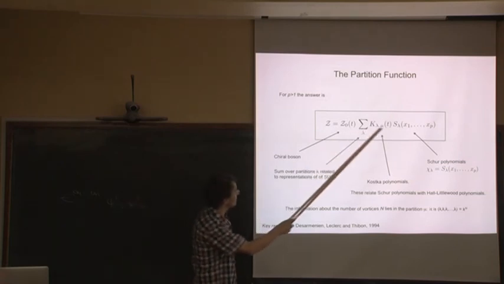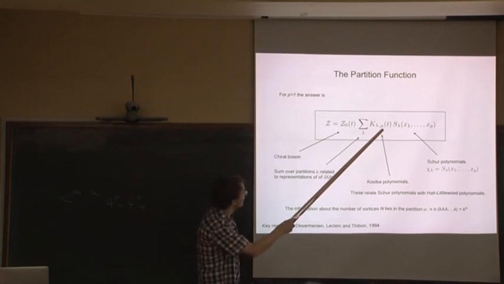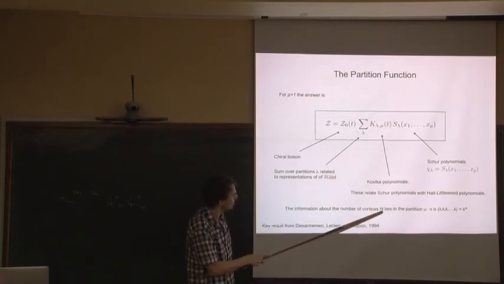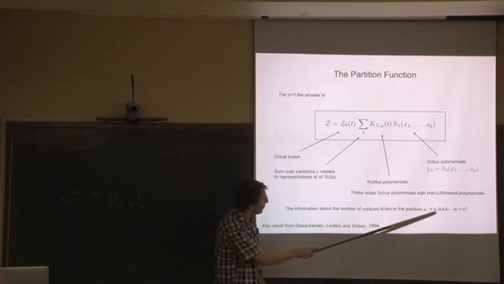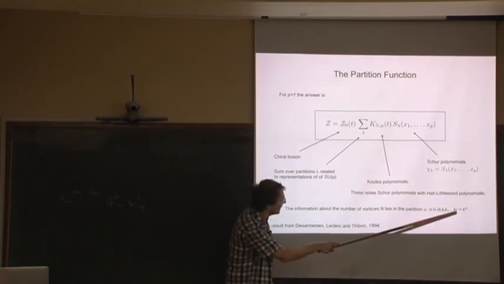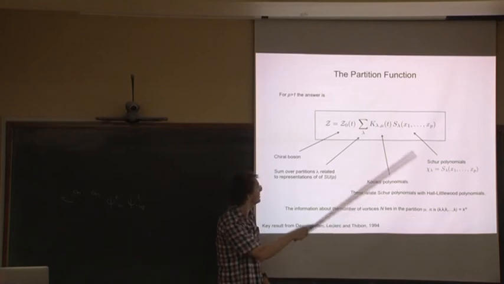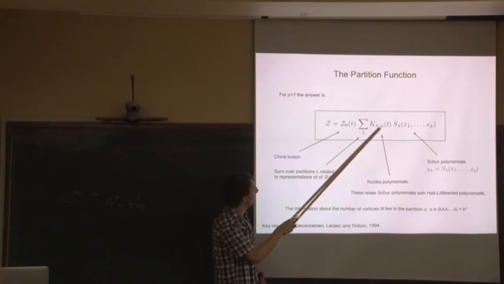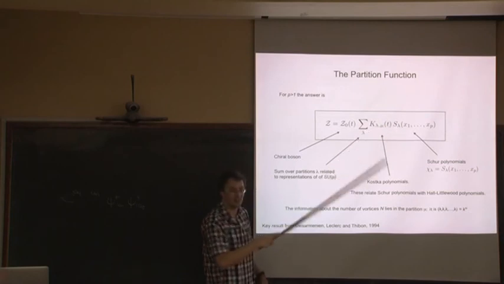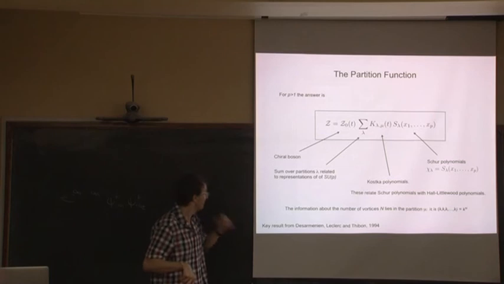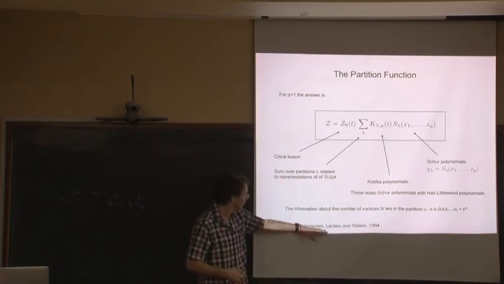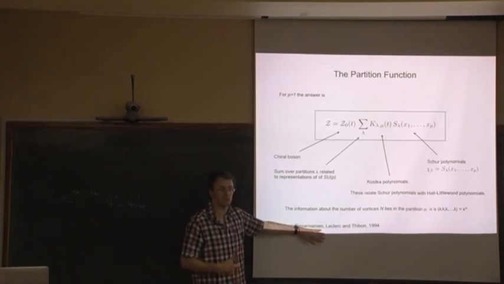So at the moment, it's not clear where n, the number of particles, sits in here. In fact, it sits in this choice of representation mu. This choice of representation mu is a partition, but it's the following partition. It's k, n times. So you've got that in there. You sum over all other partitions. It turns out only a finite number of them are non-vanishing in this sum. And this is the answer. And the key bit was computing the partition function for the adjoint, which is buried in this paper here, which I have no idea about.